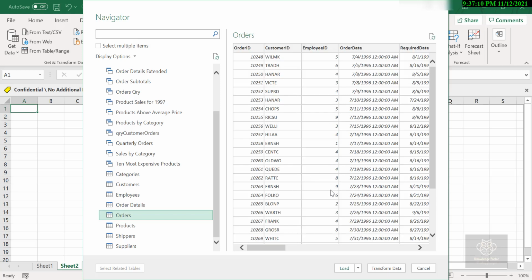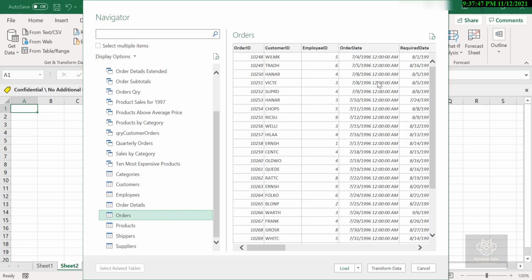So here's my data. Now I do want to point out that some of the formatting does not transition over through the export or through the import, such as the employee ID, the customer ID. Those actually show names, but inside the Access database there was an underlying value that gets sent to us. And then the dates got both the date and the time, because Microsoft Access uses a date time data type, and that's what we are going to get by default.